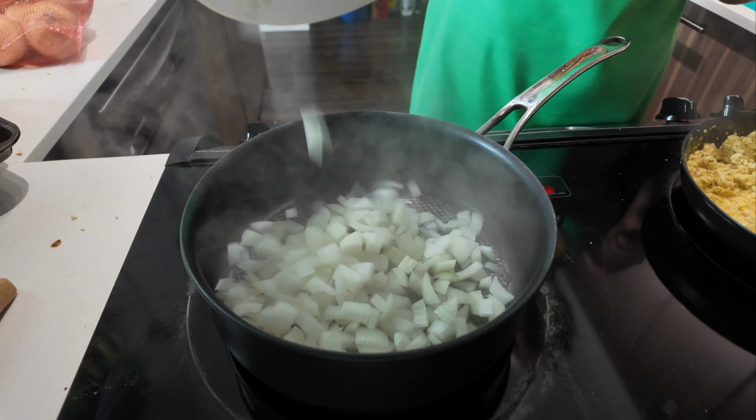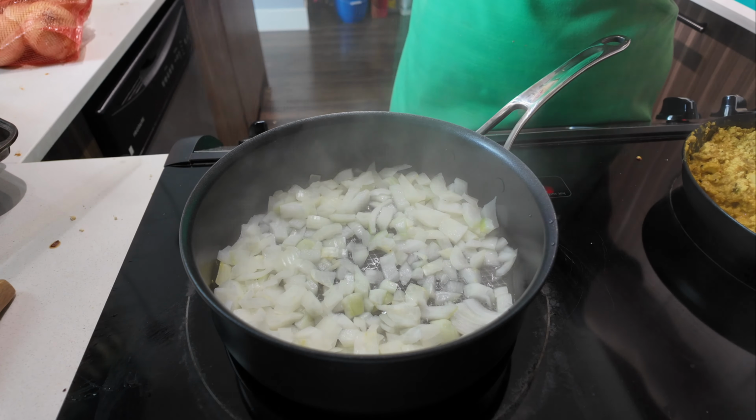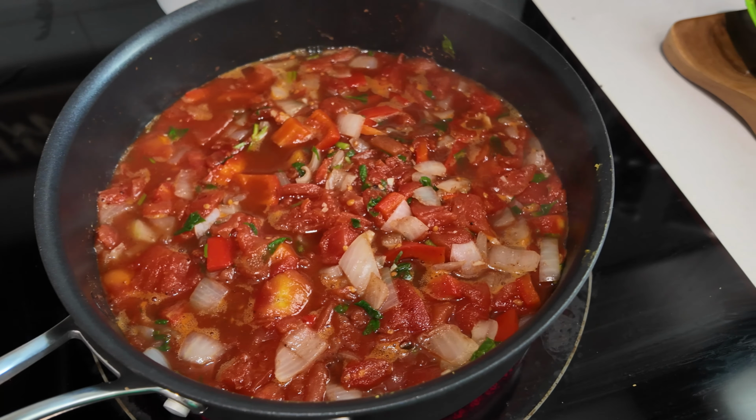Once the onions were soft, I added in the bell pepper, the garlic, and the parsley at the same time, gave it all another stir, let that cook down for just a few minutes until the bell peppers start to get a little bit soft and the garlic started to get super fragrant and delicious smelling. And then I just added a big 28-ounce can of diced tomatoes, some spices and salt and pepper, gave that all a good mix. Then I just cooked it down for a further 10 or so minutes